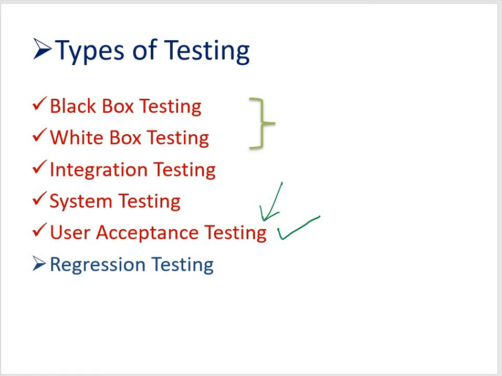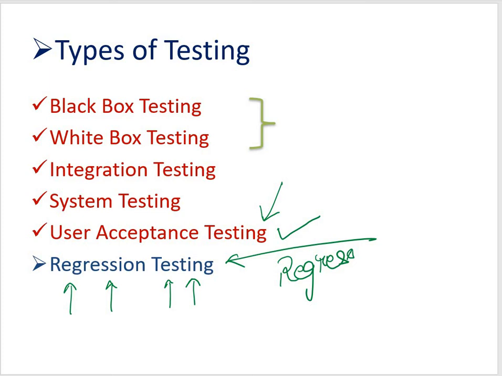Now to ensure that this reworking of the product, or rectifying some errors in the product, or post adding some functionalities, whatever changes we have made is not bringing any adverse impact on the overall working of the application, we prefer to go ahead with a testing strategy which is called your regression testing. Right, so when your software regresses, then we go ahead with regression testing.